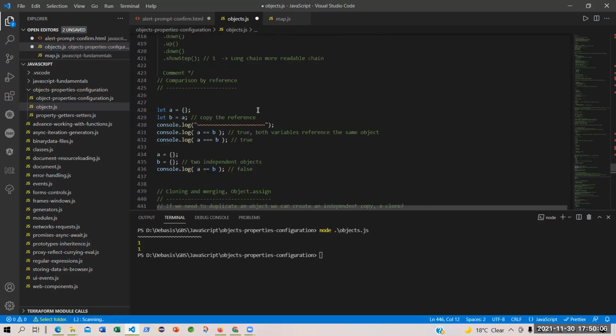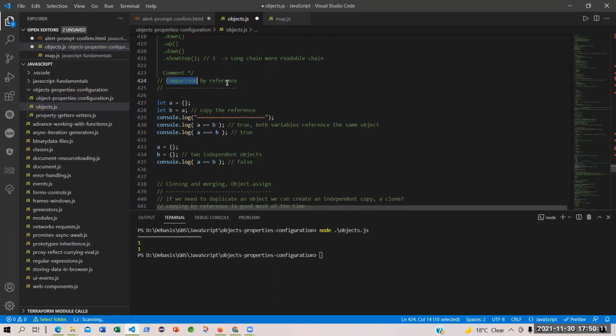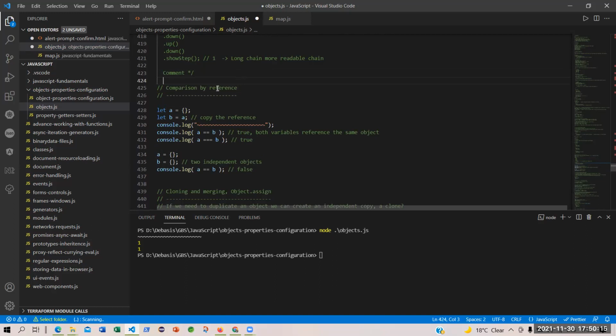Okay, let's come here. You can compare. Comparison by reference of an object. Let's say I have an object called A, an empty object.